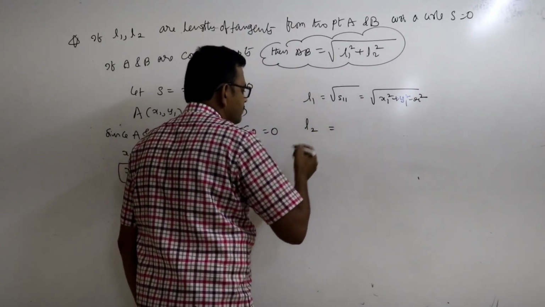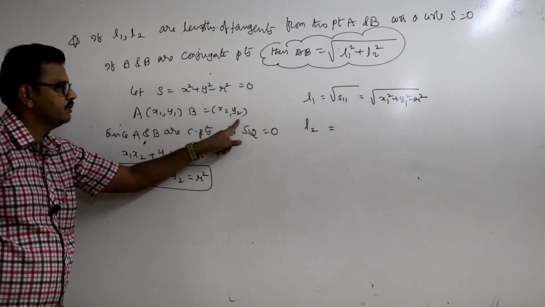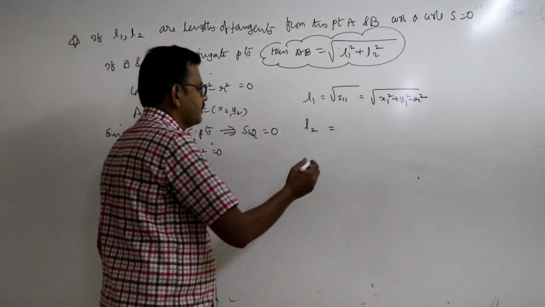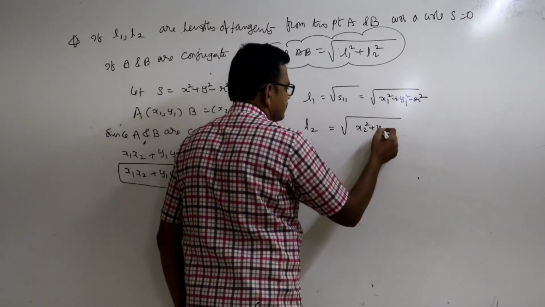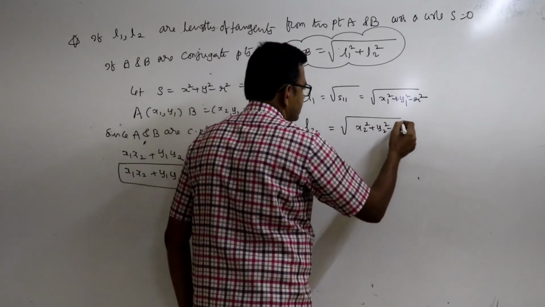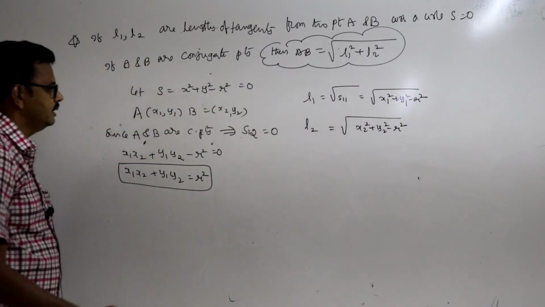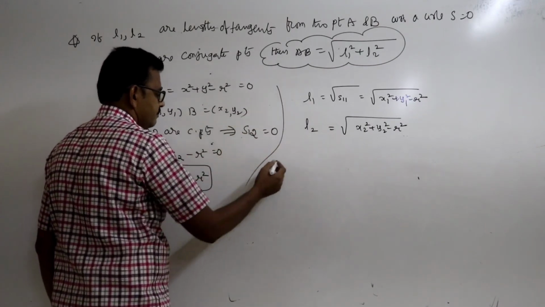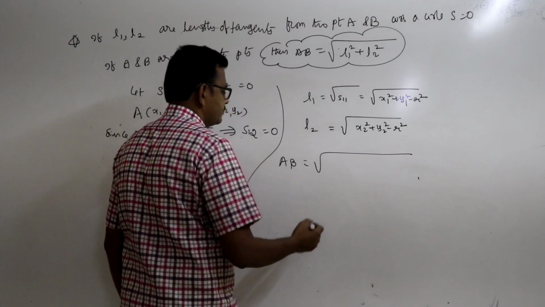And L2 is equal to the length of tangent drawn from the point B (x2, y2) to the circle. L2 is root of x2 square plus y2 square minus r square. Now AB is the distance between the points, root of